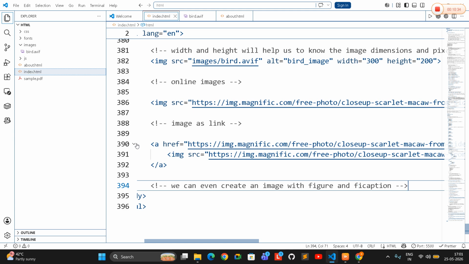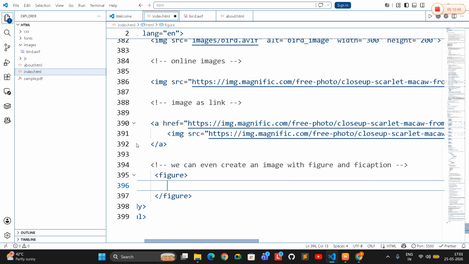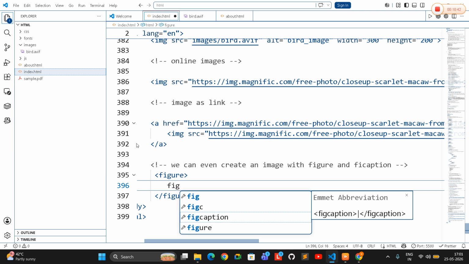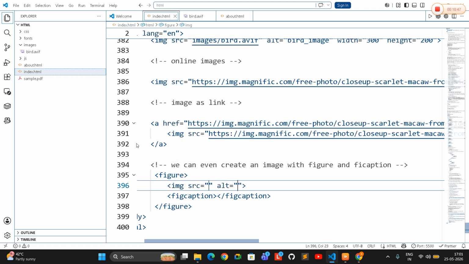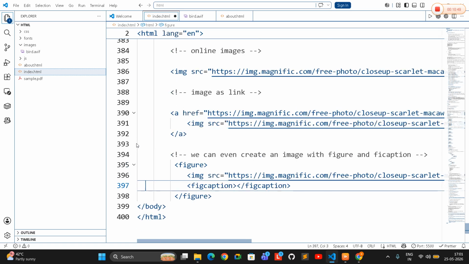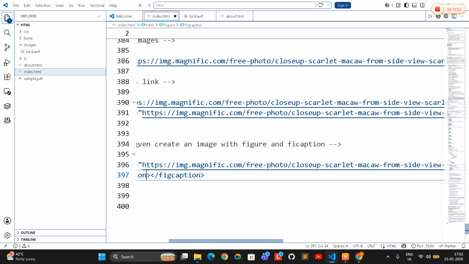Now, these two things are also really very important. This is optional though, but they are important. So, you can use the figure tag, and fig caption is for the caption that you want to use for the figure. Inside the figure tag, you can just pass the image and simply pass the path. And the alt attribute is mandatory. Just make sure that you pass it. And caption, I'll say beautiful